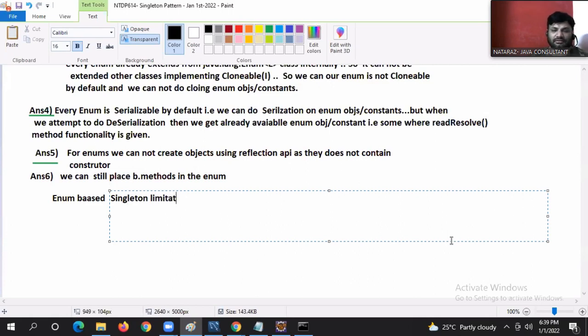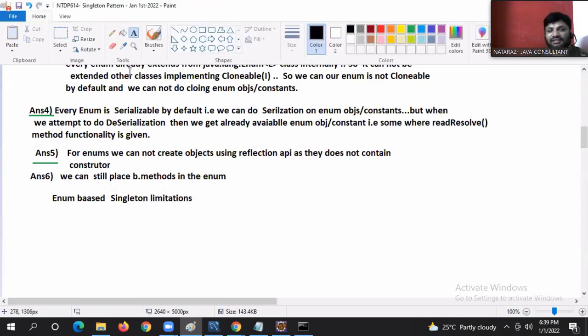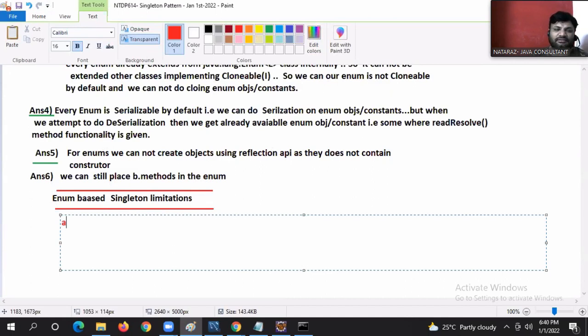Limitations. These are not singleton limitations, guys. These are enum limitations, basically. They are affecting the singleton environment. What's the first one, guys? First one, we cannot apply